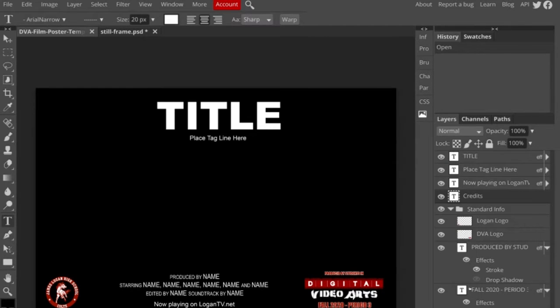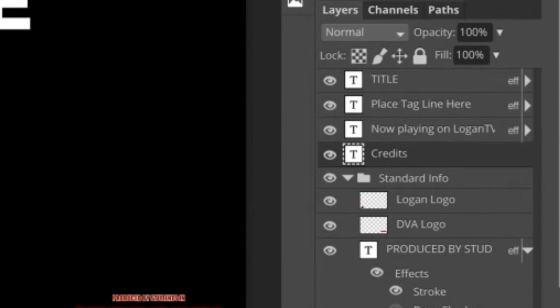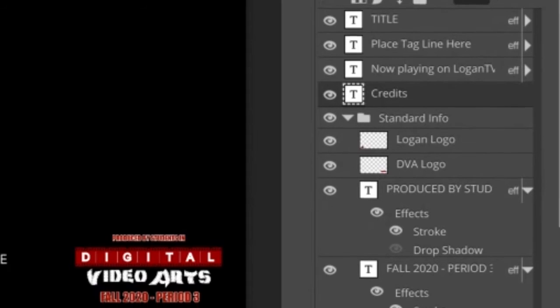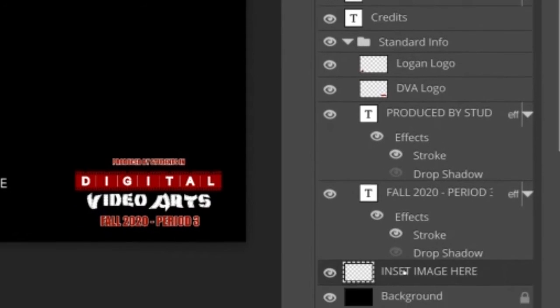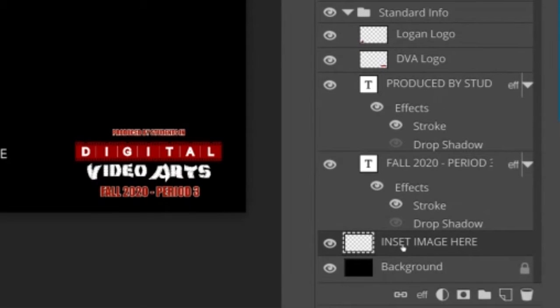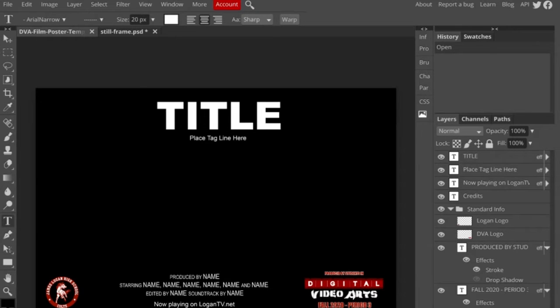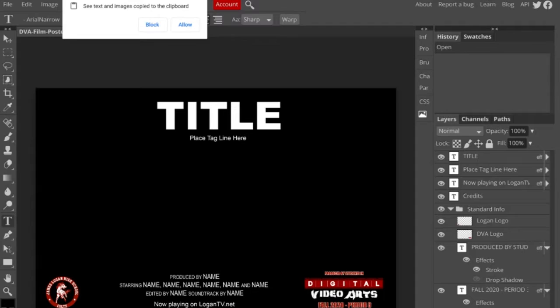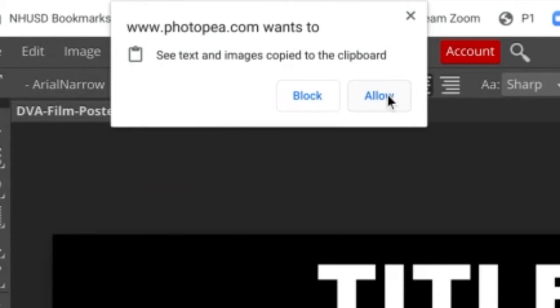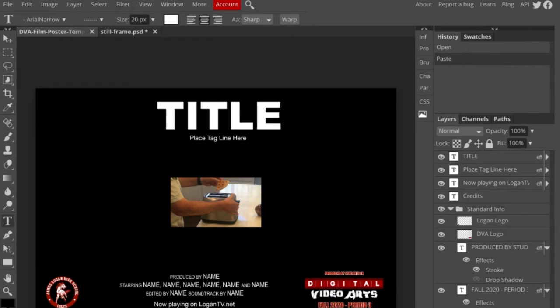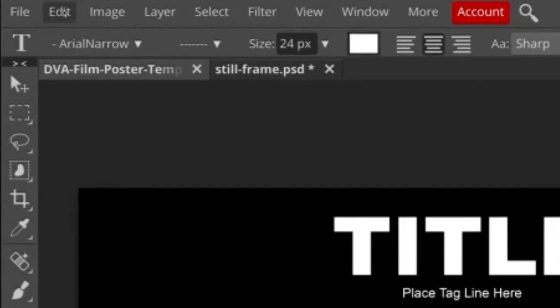Notice there are a lot of layers that make up this poster. The one you're looking for is the one that says Inset Image Here. It should actually say Insert Image Here. With that selected, press Control V. Click Allow. Notice the image is really small compared to the size of the poster, so you need to transform this. Go to the Edit menu,